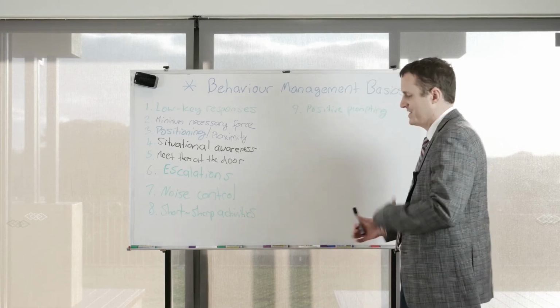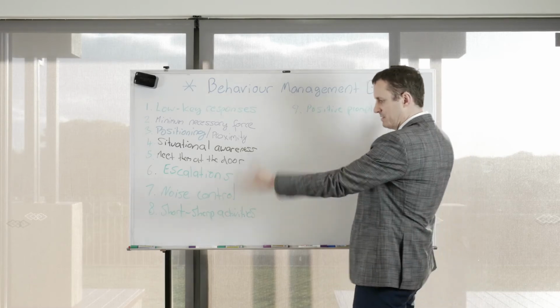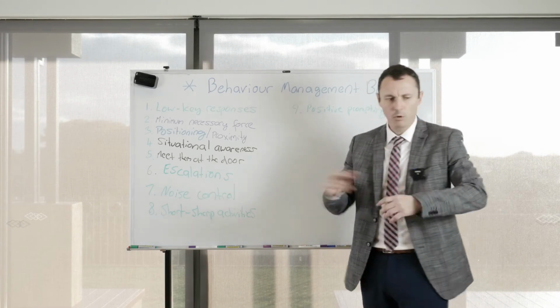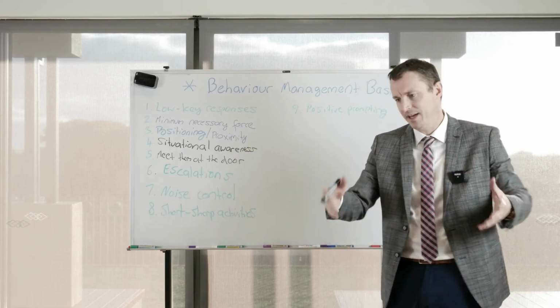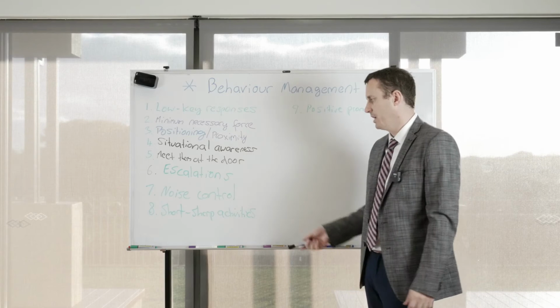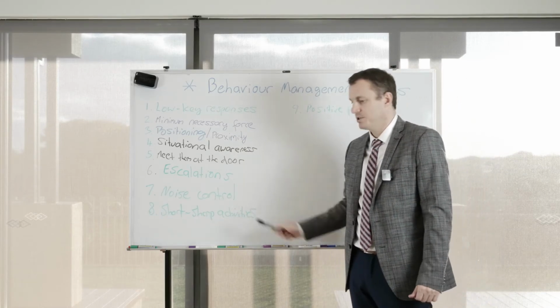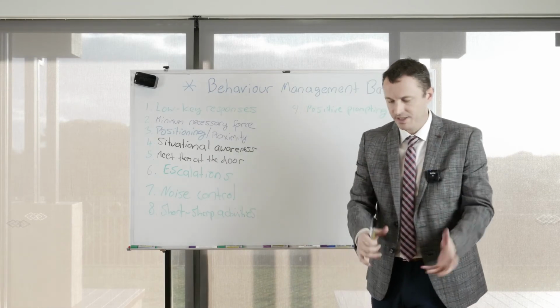So if you're doing what I call the set and circulate, where you're doing some stuff on the board and then you're walking around and helping students, but you're walking around for 20, 30 minutes and they're working in pairs or groups or whatever, then you're going to have that noise problem and a lot of other issues. Whereas if you're doing short, sharp activities where the student is doing something